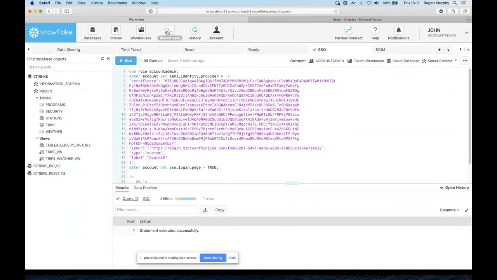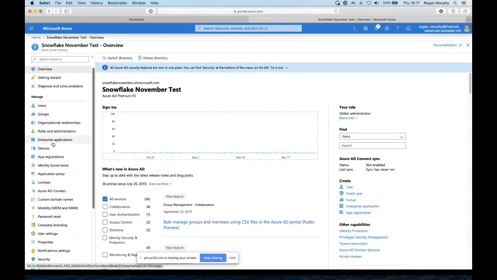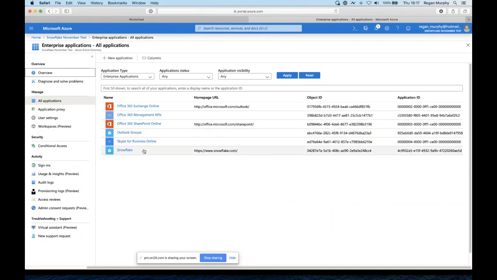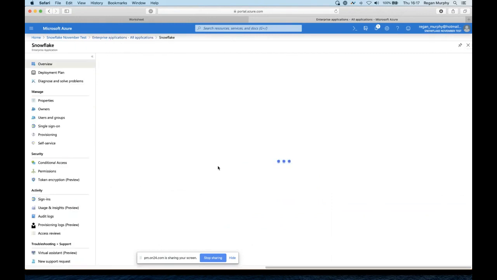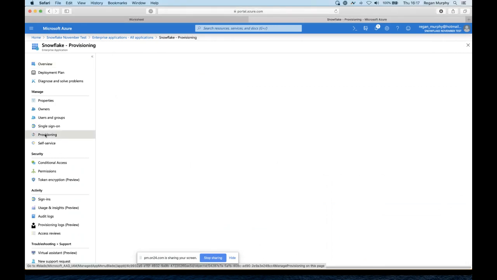So the second thing we're going to do is we're going to go back to Azure and we are going to go back to our Snowflake application, which is now configured and in the list. And we are going to now configure the automated user provisioning. So we've just done the single sign-on. We're now going to do provisioning. So if I select provisioning on the left-hand side here,